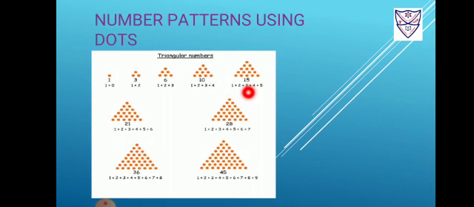Similarly for 15, here you can see students that for 15 it is 1 plus 2 plus 3 plus 4 plus 5. 15 dots are made, and this is the triangle of 10 dots of earlier and 5, 1, 2, 3, 4 and 5 more dots are added above that. Now 21. How are 21 dots formed? We will add 1 to 5, that is 6. So of the earlier pattern, 1 plus 2 plus 3 plus 4 plus 5 plus 6. So if we add these numbers, we get 21.